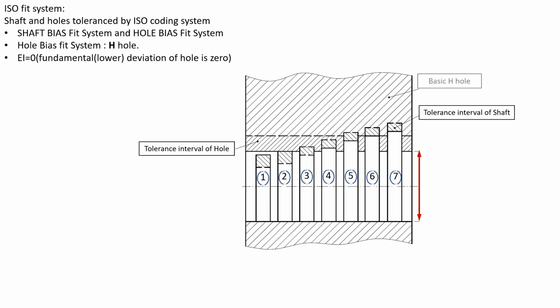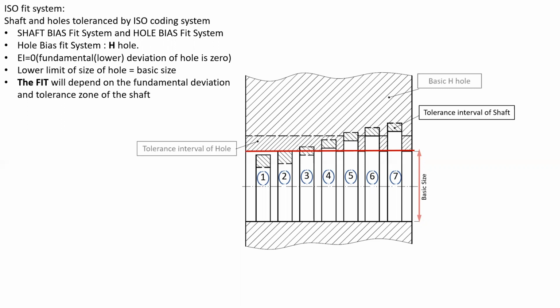For the basic H hole, the fundamental or the lower deviation of the hole is zero. Or we can say that the lower limit of size of the hole is equal to the basic size, as can be seen in the figure. The lower limit of the size of the hole is equal to the basic or the design size. And the tolerance zone is extending upwards from the zero line. The zero line is the line corresponding to the basic size. Once we have determined